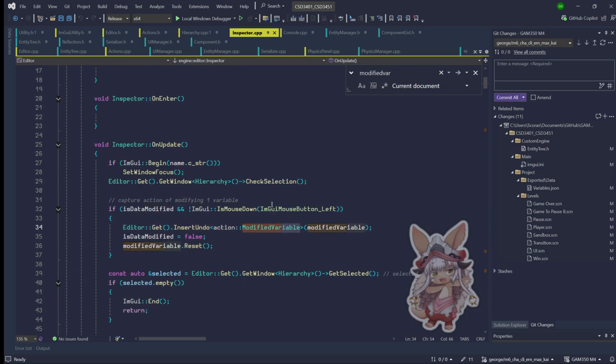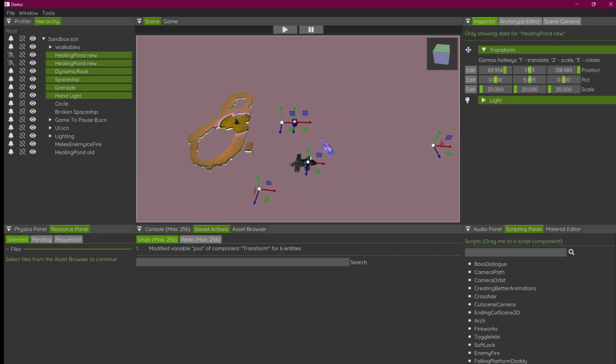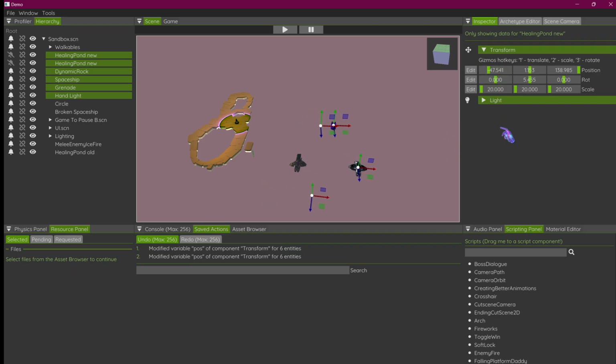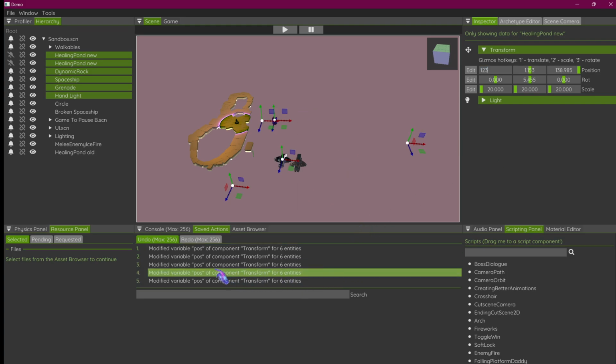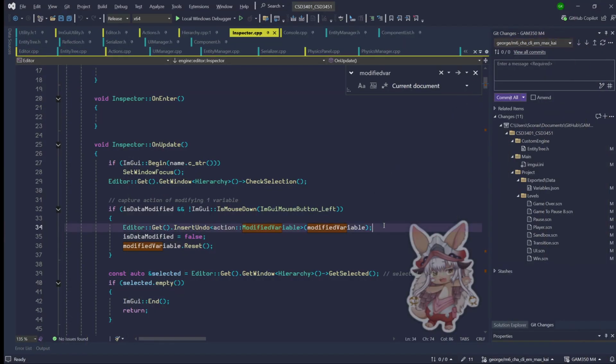For the modified variable action, if I just search for modified variable, as you can see over here, it only captures the change when the mouse is lifted. So for example, if I slide over here, you can see in the saved actions that it's not being captured. The moment I let go, then it's recorded, so that I will not record every single frame and have to press Control Z a million times to get back to the original state. But if the user actually types a value, for example 1, 2, 3, you can see that it does copy 1 and then 1, 2 and then 1, 2, 3. And if I undo, you can see that being executed,